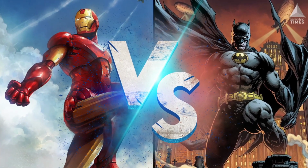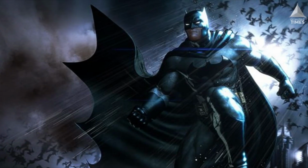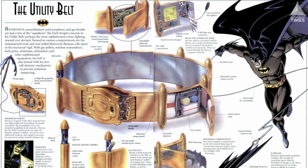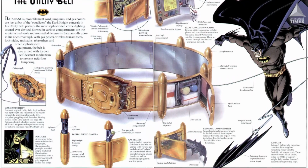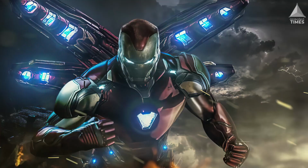And there's no better place to start than close combat. Batman's main gadgets for hand-to-hand combat come from his utility belt. We've seen him use a tool from his belt in almost every appearance, anything ranging from smoke pellets to tasers to explosive gels and, of course, his famous Batarang. And while these are great at taking down some of his strongest foes, how do they compare to Iron Man's